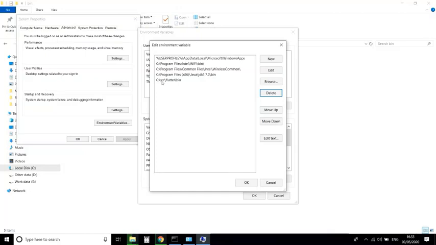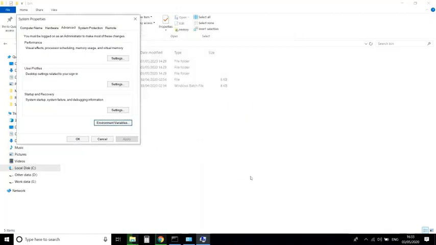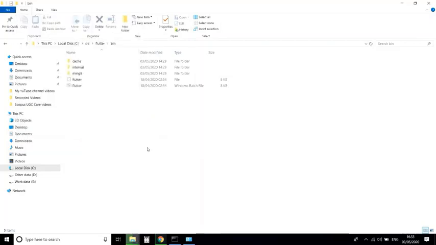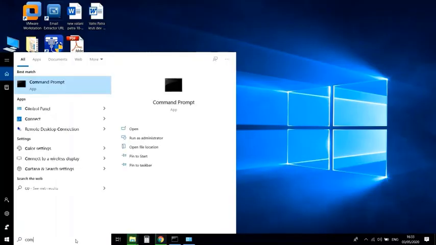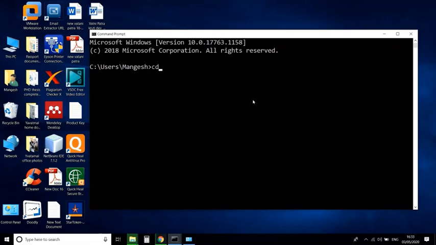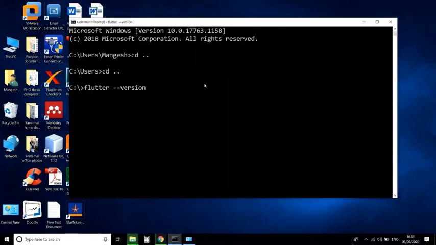So check here, C colon source Flutter bin. Okay, now I have set the environment variable. So whenever I am going to open the command Flutter, as I have set the environment variable, from here I can execute this Flutter command.